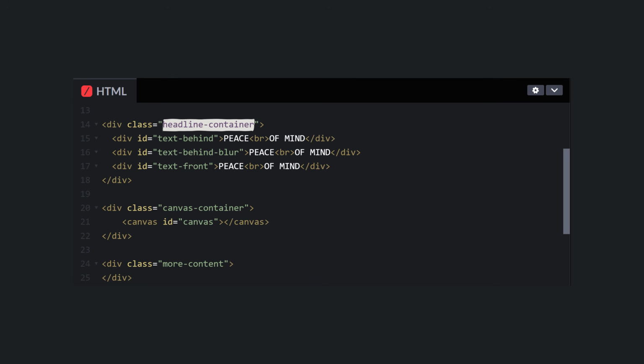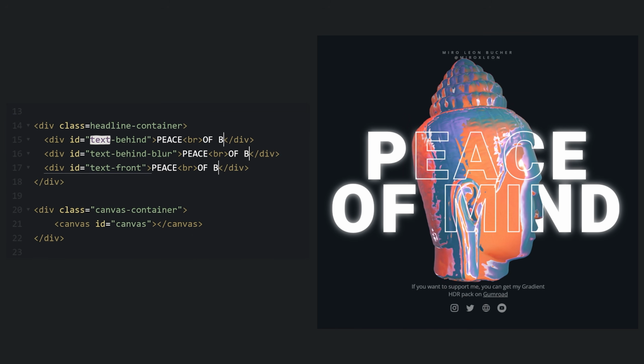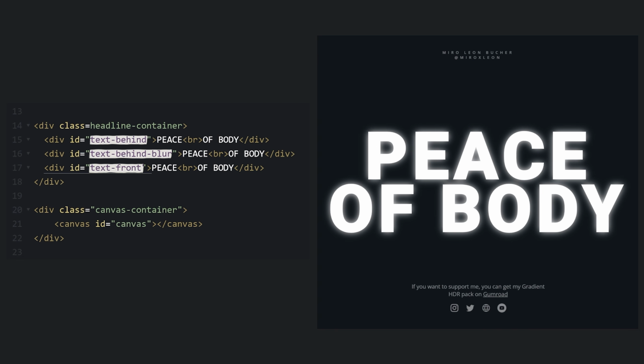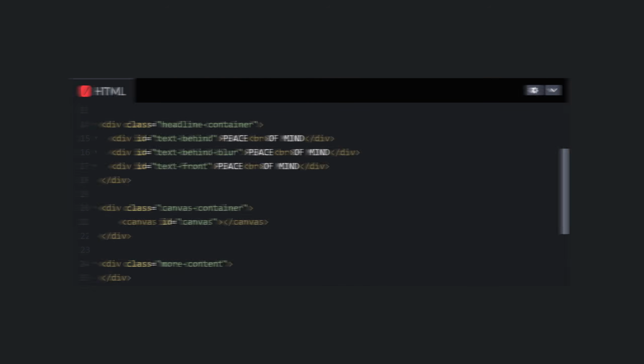First, we have a div with a class headline container which allows us to position the three text elements inside of it. Therein we have the three divs for the text, namely text behind, blur, and text front. So if we want to change the text, we have to change all three texts equally. Otherwise we get something like this. Besides the text, we also display the canvas from Three.js, which sits inside of the canvas container to position it later. That's already the most important stuff in the HTML, so let's jump into the CSS to position and style